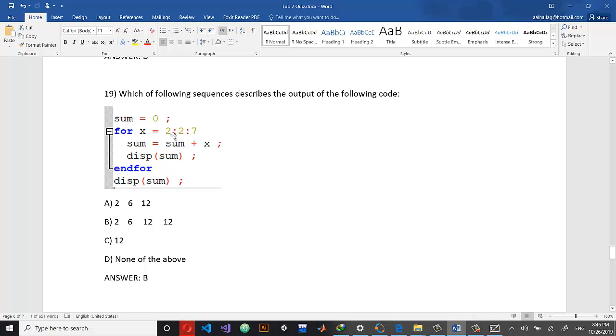Now, the next iteration, increment x by 2, so x is 4. 4 plus 2, we're going to have the new sum of 6. Alright? So 6 is going to be displayed inside of this loop. Alright? Go to the head of the loop, increment x with 2, so you have x equal to 6. 6 plus 6 is going to give you a new sum of 12,